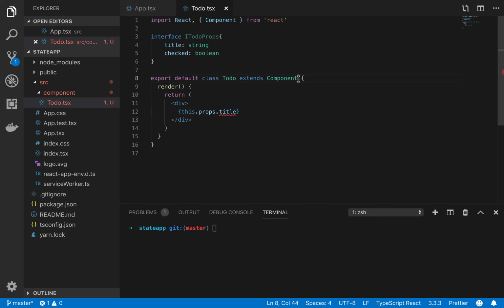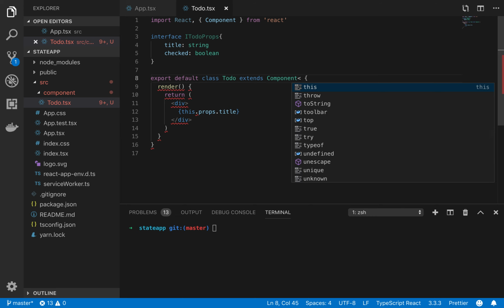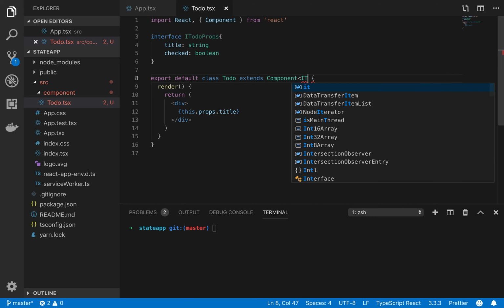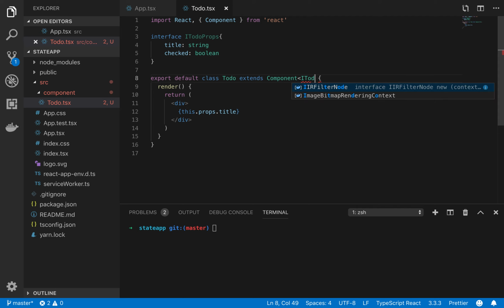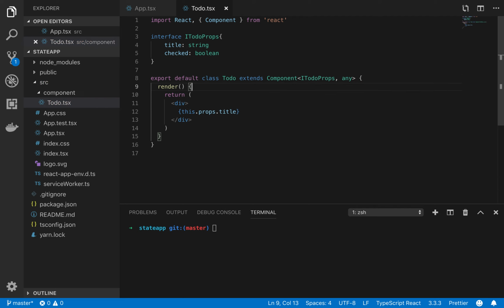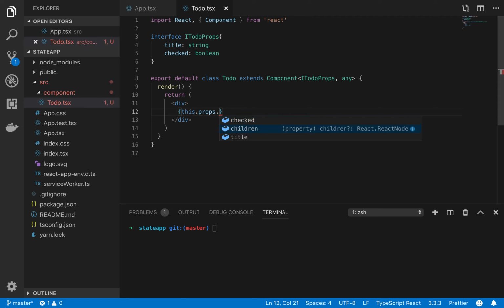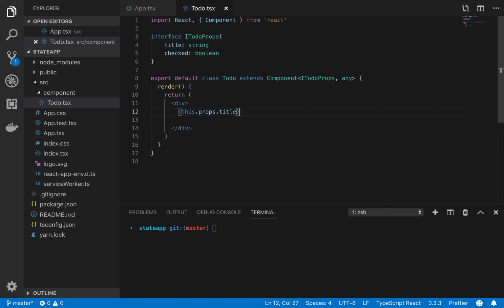Okay, oh, we have not extended it over here. We have not put in IToDoProps, and the state will be any for now, and later we can change it if you want. So now we will get the auto completion over here. See, we are getting children, which is a default by React itself, and the title is there, which we have specified. So this kind of functionality of auto completion is not as good